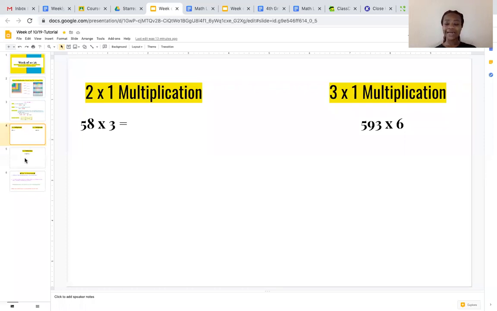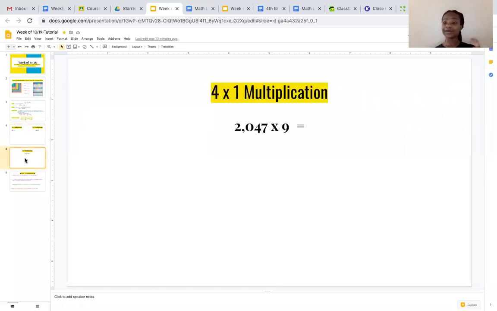So let's now work on one more way, one more strategy that is new, but at the same time not so new, because we've been using a lot of these tools and a lot of these ways of solving for the 2-digit and the 3-digit that we've worked on a bit last week. So this is, yes, as I said before, it's very likely that when you learned how to multiply, you used the standard algorithm. So which is like this: